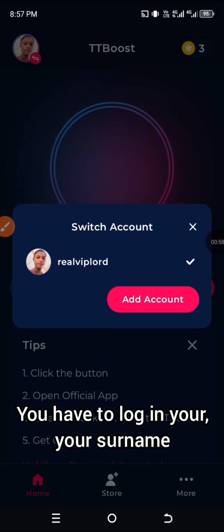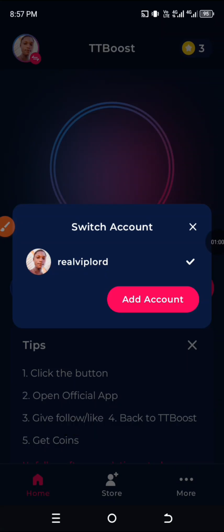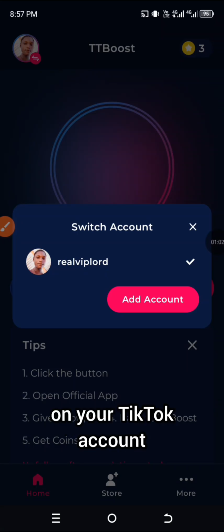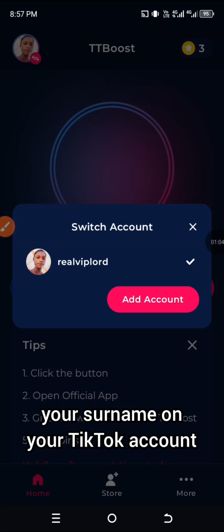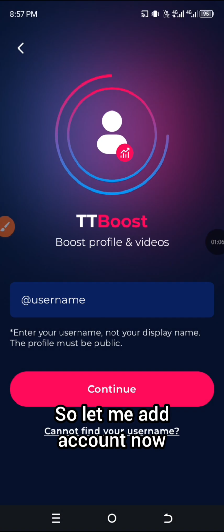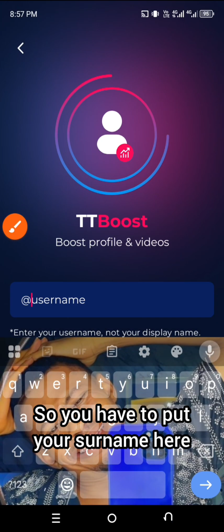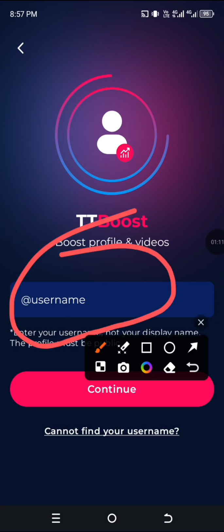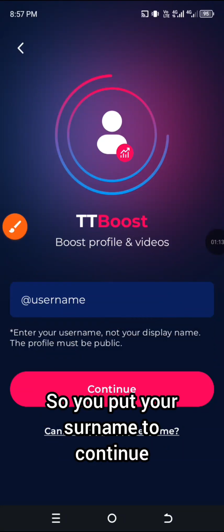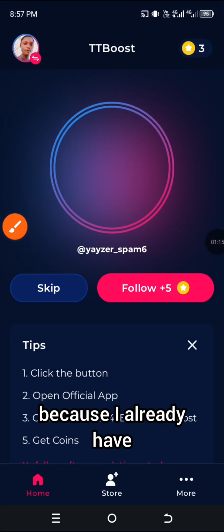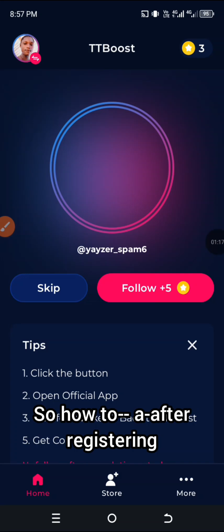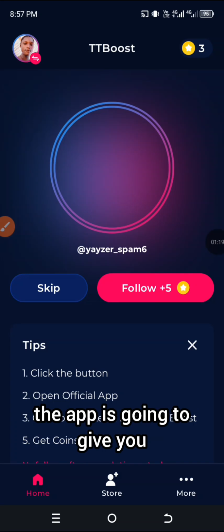You have to log in with your surname. You can see your surname on your TikTok account. So let me add account now. I have to put your surname here, the surname of your TikTok. You put your surname to continue. But I already have one. So after registering, the app is going to give you